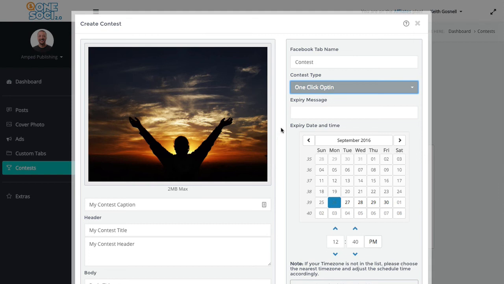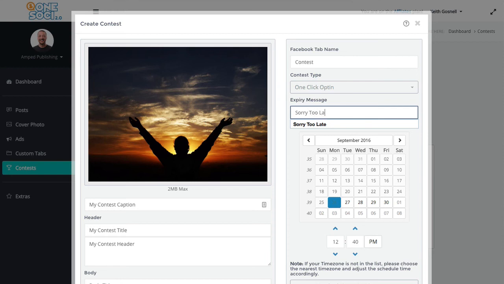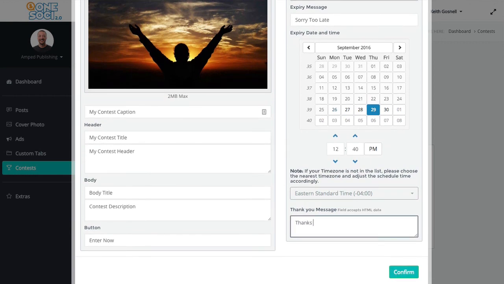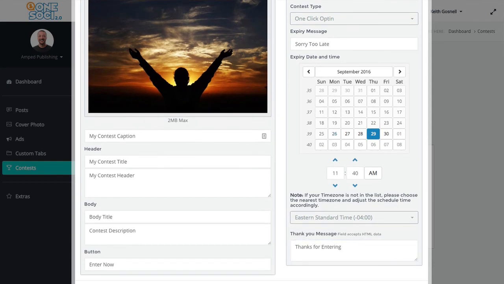Because when you opt in, it's basically not going to ask them anything. It's going to ask them one question and say, is it okay that this page collects your information, okay? Now we have an expiry message, which means, hey, sorry, too late, okay? So that just means you missed the contest. We'll schedule it to end here. And a thank you message, so it'll be thanks for entering, okay? And we will go ahead and confirm, okay? So once we confirm,